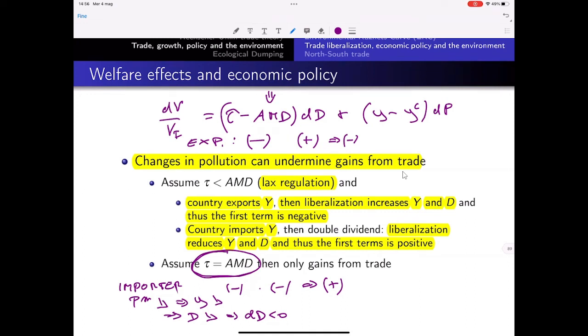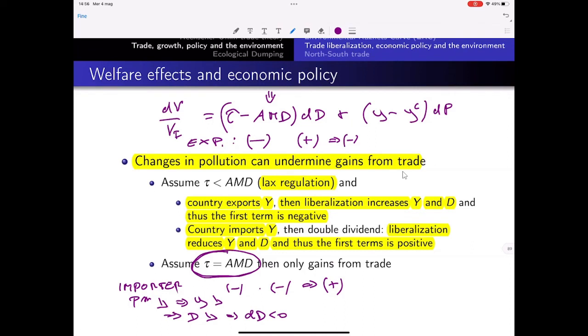Why is this the case? Because remember, what is aggregate marginal damage? This is the damage done to consumers. And why does this lead to welfare loss? Because producers do not take this damage into account, because prices are wrong. So what you can do is correct it through a price. And this is what you have seen in the first lecture, remember.